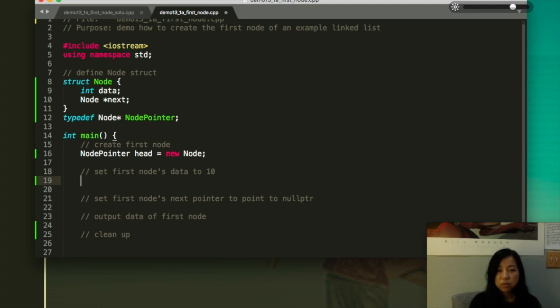So how do we do it? We say head is pointing to a new node already, and so we just want to assign 10 to head arrow data equals 10, and then set the node